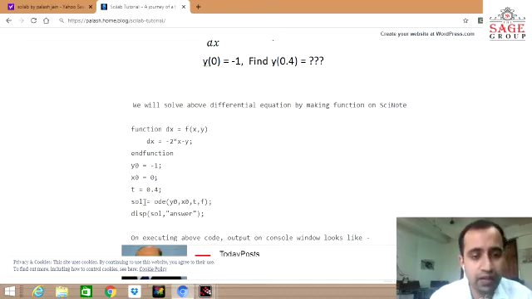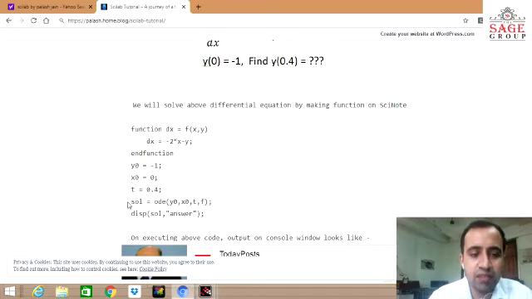Now in the next step you are seeing that it is written over there SOL. This I have used as my own word. You can also use your own word. That is, in the place of SOL you can use any word. This is not predefined in Scilab. So SOL is equal to ODE. ODE is the inbuilt function inside the Scilab library. ODE stands for ordinary differential equation.